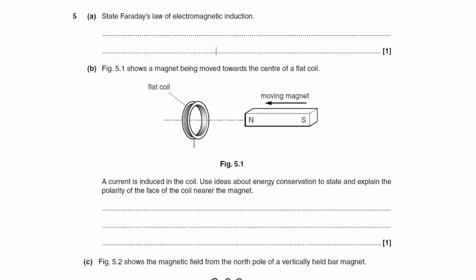For this one, you need to state Faraday's law of electromagnetic induction. So again, refer back to the equation, and then you can try and turn it into words. So we refer to epsilon as the induced EMF,